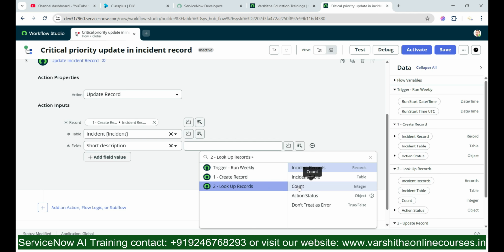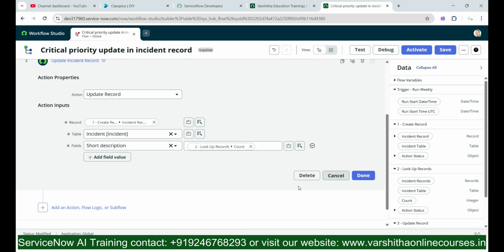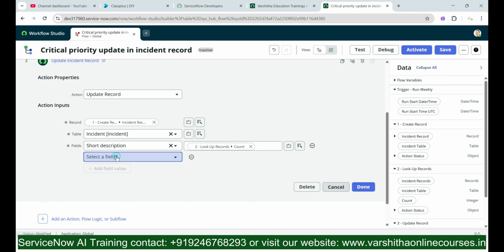How many lookup records are found in this area? As of now, there is a count of how many records are found. Then it will just give a number in the short description. And here, if you want to add any kind of information, you can add it also. Just a minute, I will add. So active records, active and